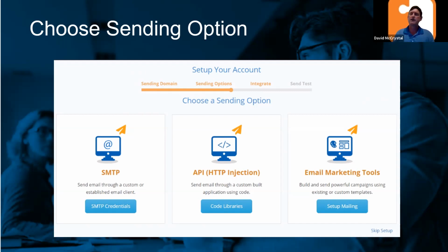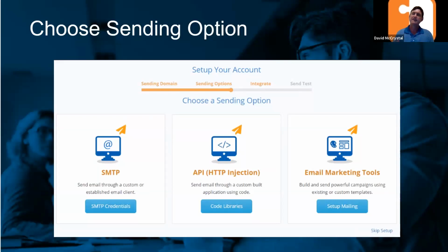Or am I going to use our marketing tools, which are, as we'll look through, a very simple set of tools to help people build newsletters, simple messages, and set some basic rules around drip campaigns and other timed or scheduled messages. So you can upload your list there, you can manage lists, you can take advantage of our suppression list features and send. It's certainly not full-scale CRM or marketing automation functionality, but it allows a lot of folks to get